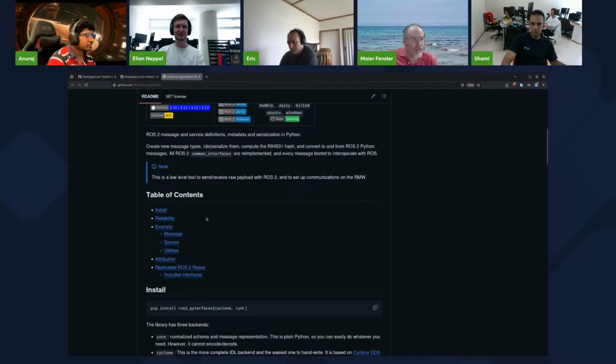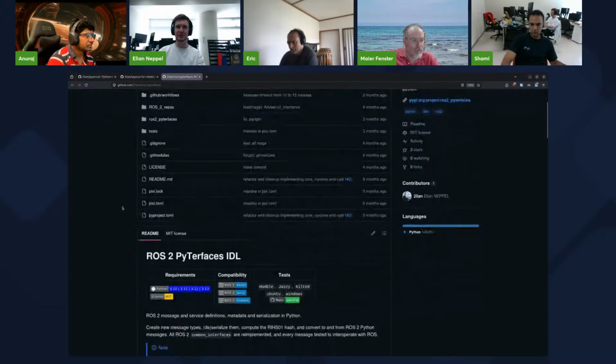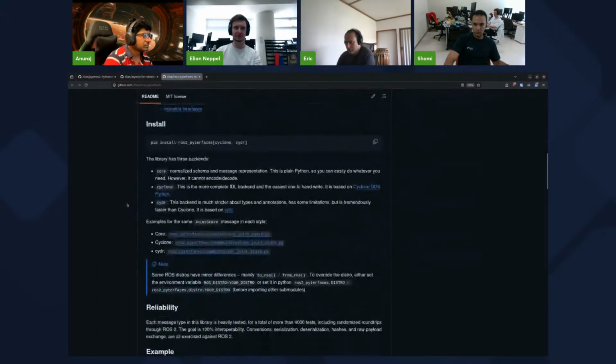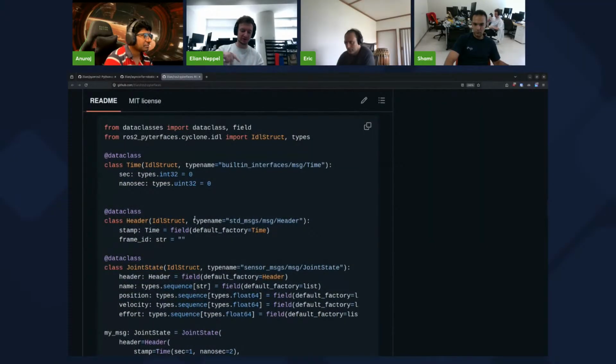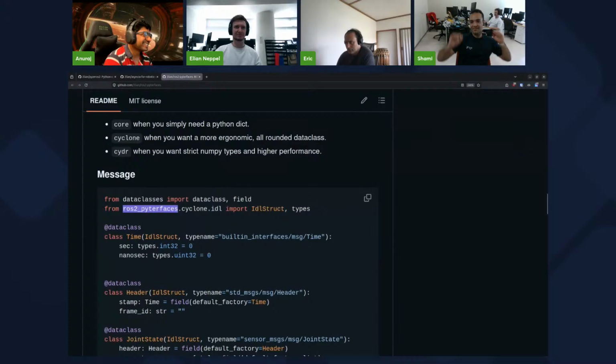I just want to show the message definition, because a thing that I really do not like about ROS is the message definition in ROS. Usually you have to create a .msg file and then compile this file with Colcon, and Colcon then needs the ROS 2 workspace. All of this just to send a message, just to send some bytes onto the network. And with this ROS 2 Py interface and CIDR that I just talked about, you can simply define your message as a data class in Python.